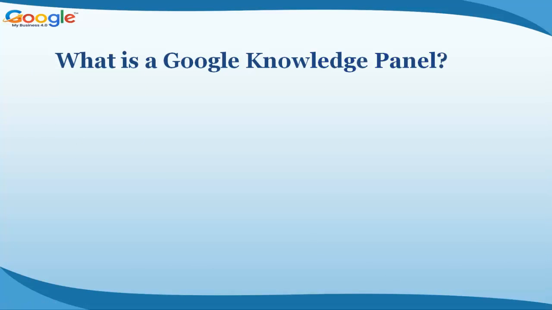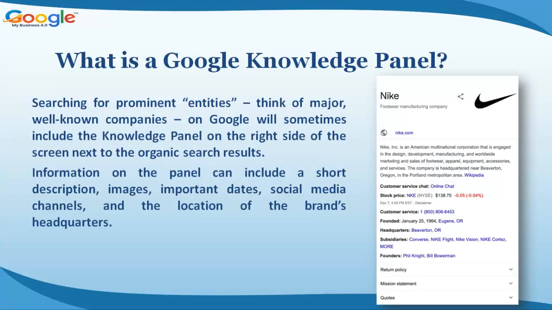What is a Google Knowledge Panel? Searching for prominent entities, think of major well-known companies, on Google will sometimes include the Knowledge Panel on the right side of the screen next to the organic search results. Information on the panel can include a short description, images, important dates, social media channels, and the location of the